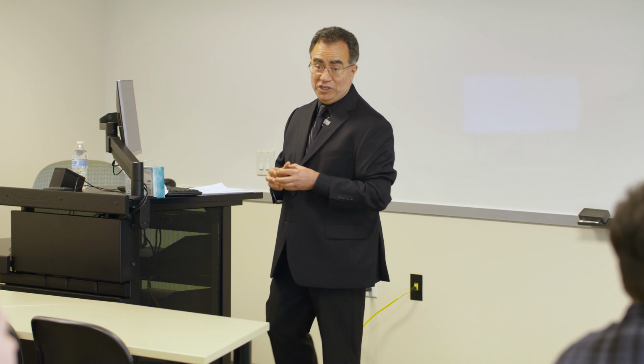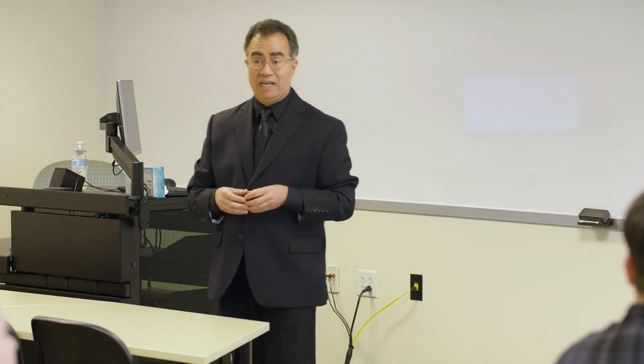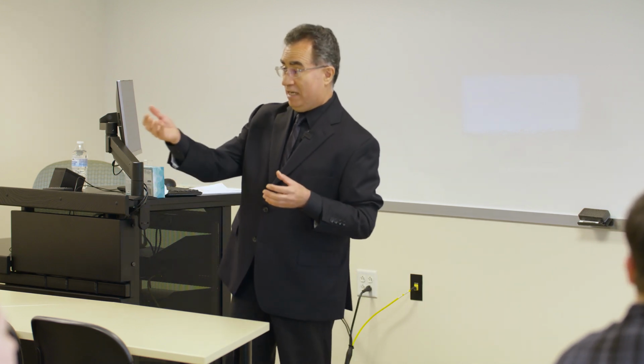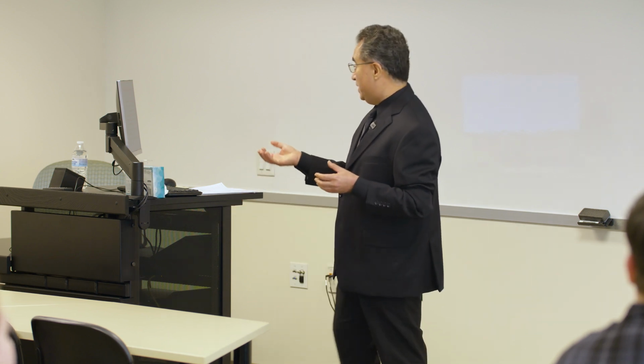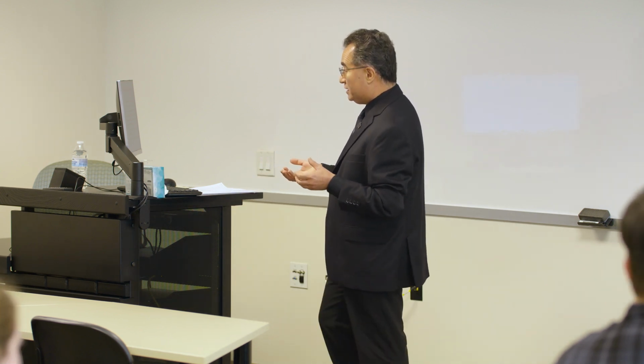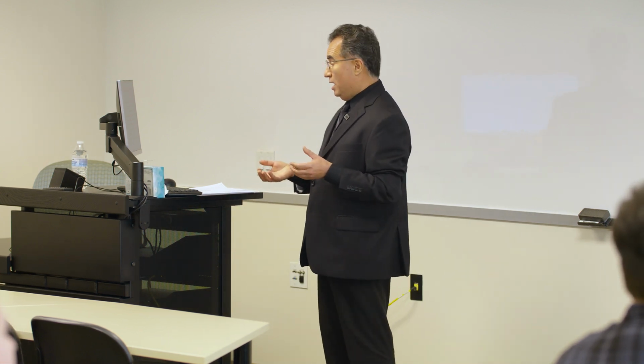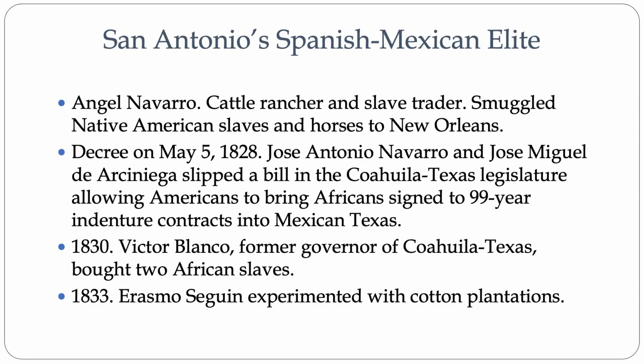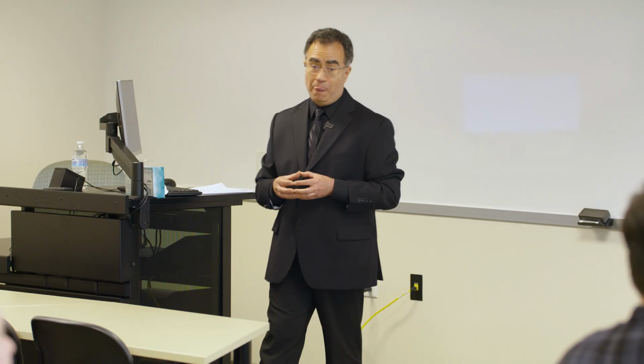The San Antonio elites were buying into this. They were thinking that they would become Southern gentlemen like Andrew Jackson. So they played along. Victor Blanco, former governor of Coahuila y Texas, bought African slaves. Erasmo Seguin, the patriarch of the Seguin family and father of Juan Seguin, experimented with cotton plantations. And so the San Antonio elites, the Mexican American elites, the Tejano elites, are thinking that they will become